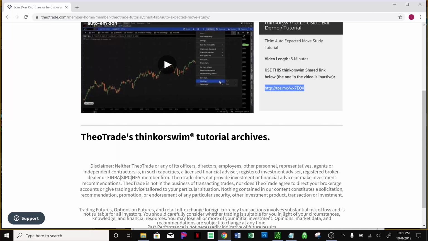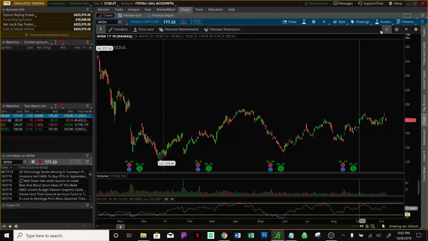And it basically will take your close on a Friday, the close of the market, whatever stock that you're looking at, and it will chart where the expected high and low range will be. So I'll just show you. Now, there is a video that walks through how to set this up, but I'll walk you through that real quick. So just grab this link, head over here to your